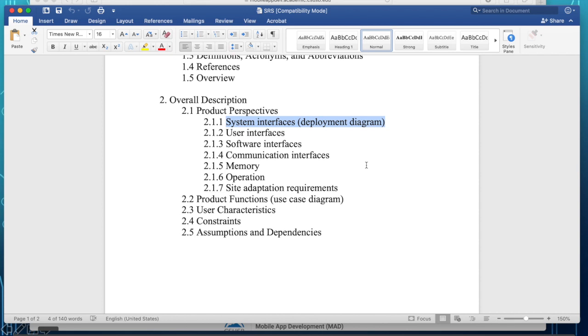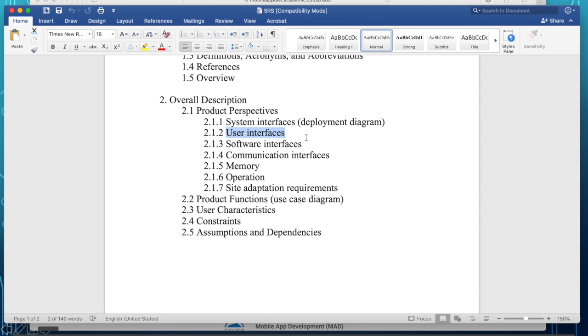And so, if you remember, last week I showed you examples of deployment diagrams, and this defines all the systems that will be needed to run your software.